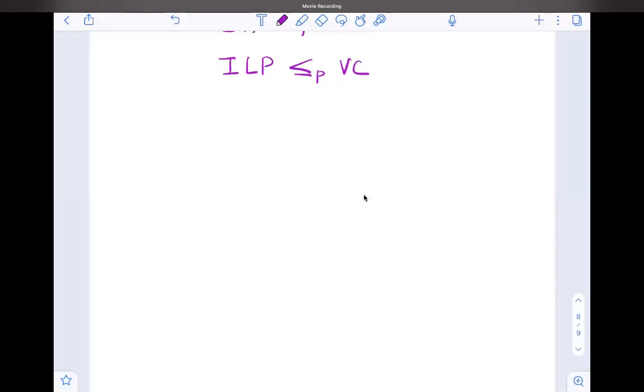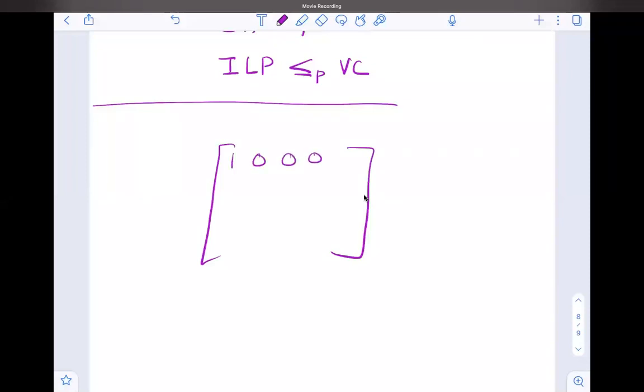Have you done graphs? Yes, sir. Okay. How do you represent graphs? Through an adjacency list or an adjacency matrix. You represent the adjacency matrix, right? How do you write an adjacency matrix? It's a matrix, something like that: 1 0 0 0 0 0 0 1 0 1, some kind of stuff like that.